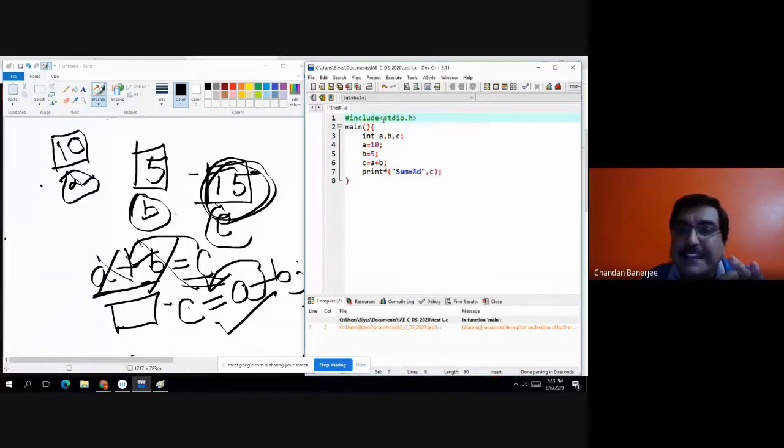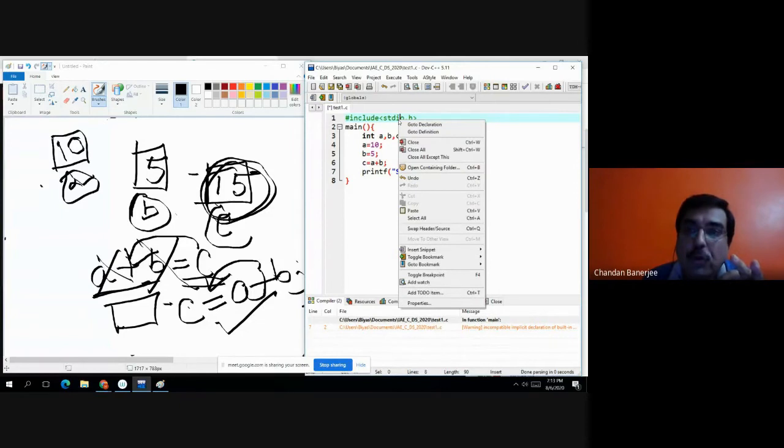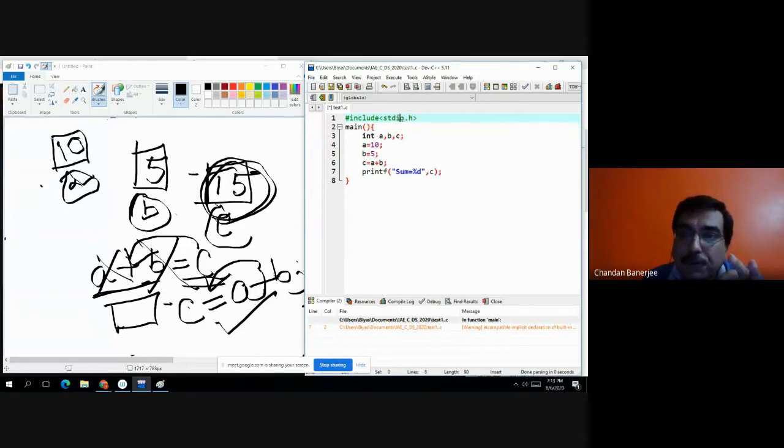What is the meaning of std? Std stands for standard. What is I? Input. What is O? Output. So standard input output dot h indicates that all the standard input output functions are defined within this file.